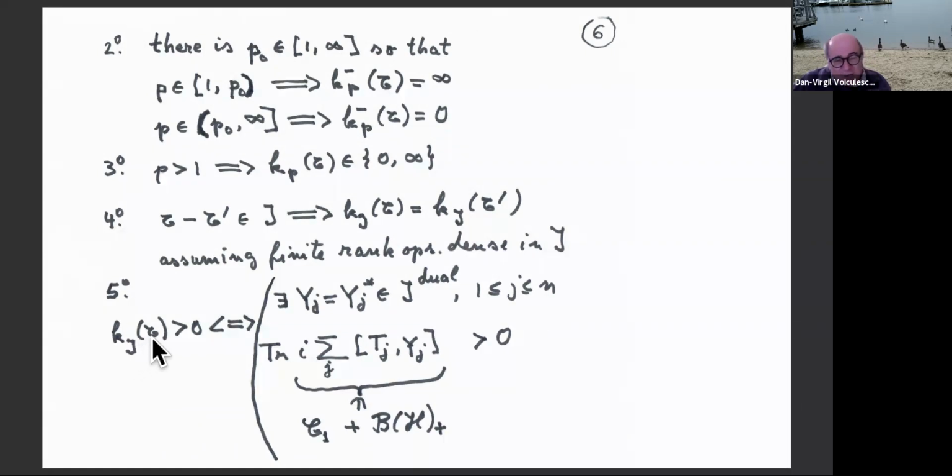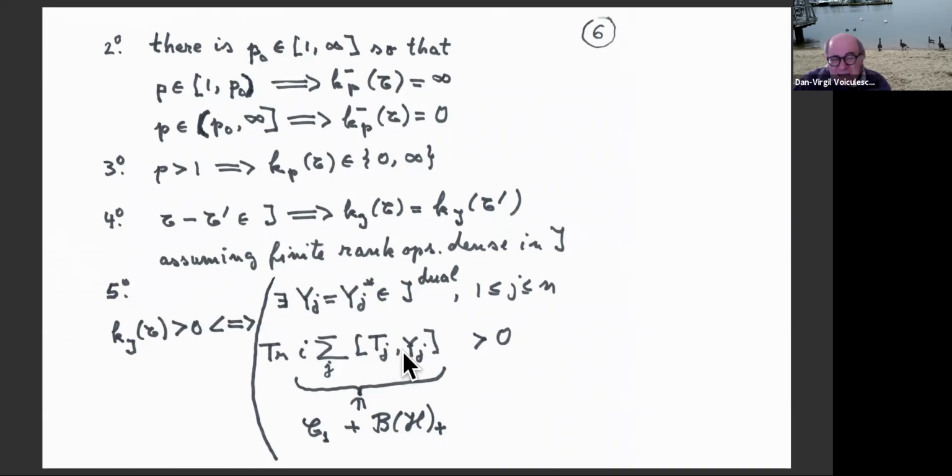So Ki of tau is larger than 0 if and only if there are self-adjoint elements in the dual of the ideal, so Yj equals Yj star, such that the trace of i times the